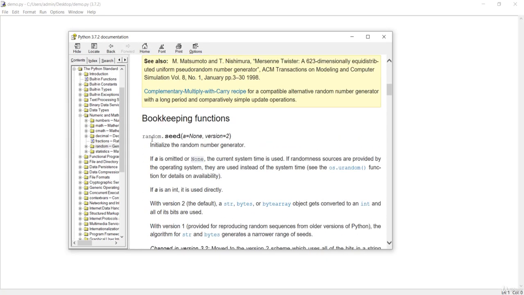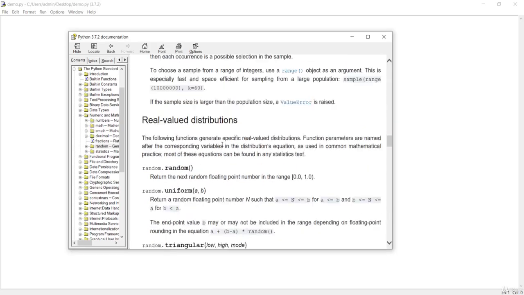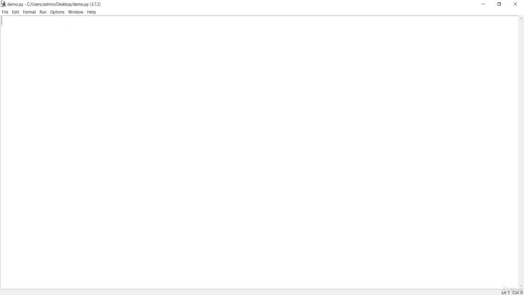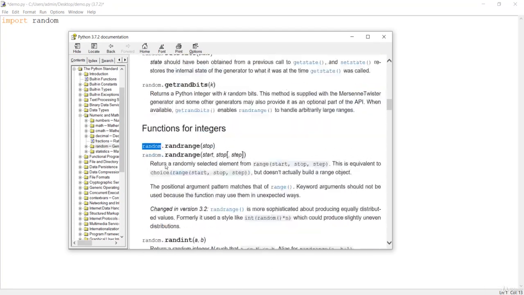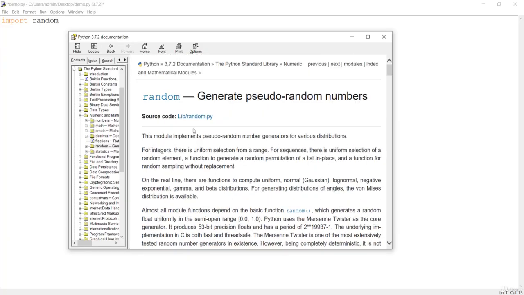So random is basically a module. That means it is a collection containing all of these methods. Everything you see here is inside this random. If you want to use this random inside your file, you have to first make use of the import statement. So if you say import random, you are saying that random is built in. This has been created by Python itself. Computer scientists have created this random module for us. So as programmers, what we need to do is simply use them.